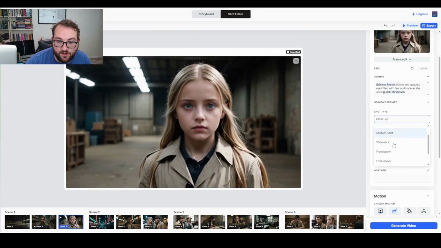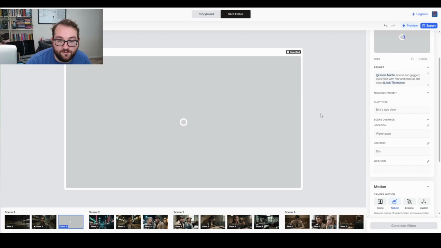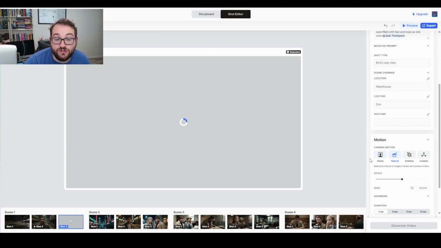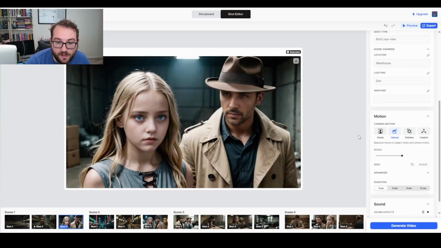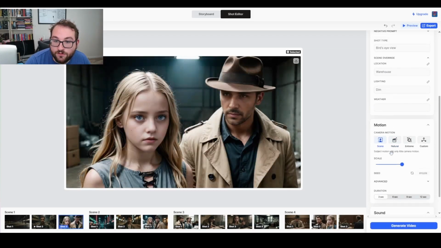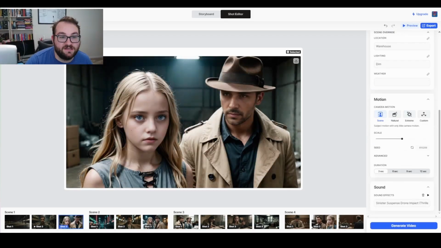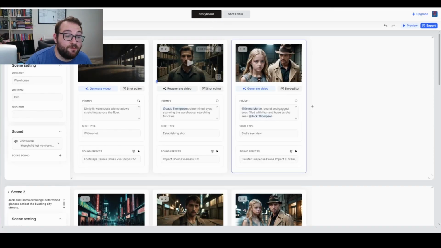So maybe I want a bird's eye view of, I don't know where she is. She doesn't even know that she's about to be saved. Right? Or maybe she's just realizing that she's about to be saved. So we want to see her and her whole situation and where she is. Maybe we want a bird's eye view of where she is. That's not the bird's eye view. No. Again, I can keep messing with it and doing all this,